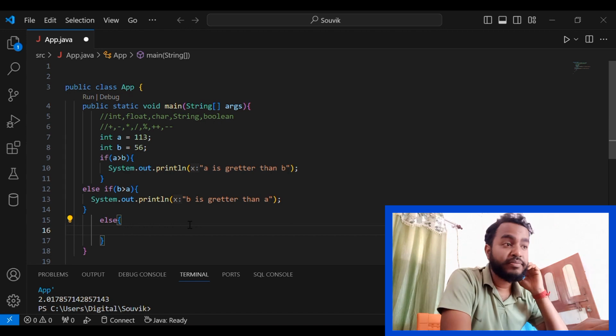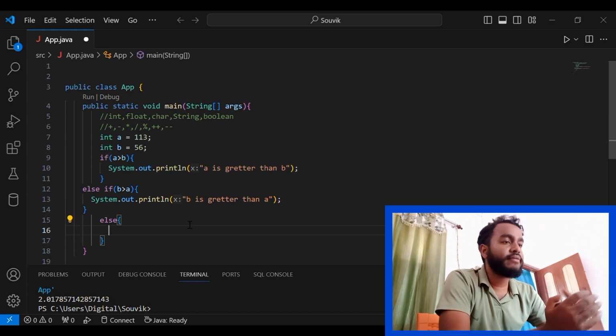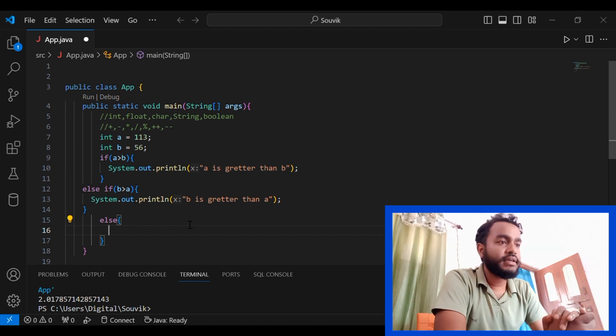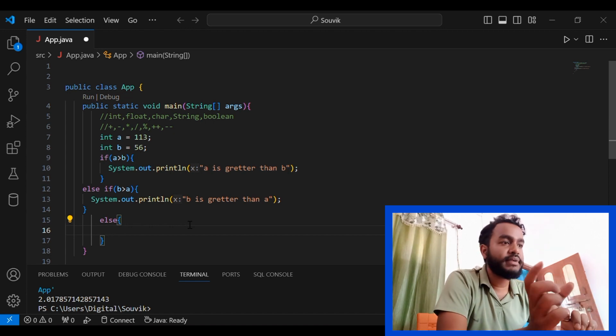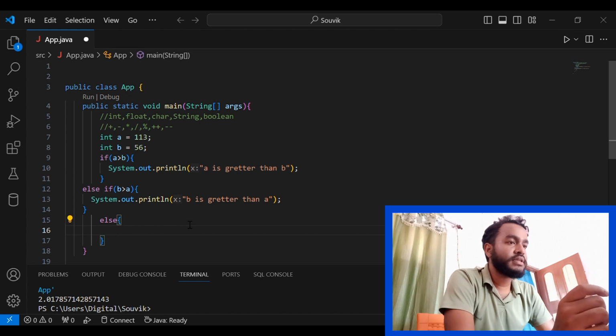And I want to print something here. The else condition is for when one variable is greater than another, and another variable is greater than the first variable. So there will be only one condition left, that is, the two variables may be the same. So the condition should be